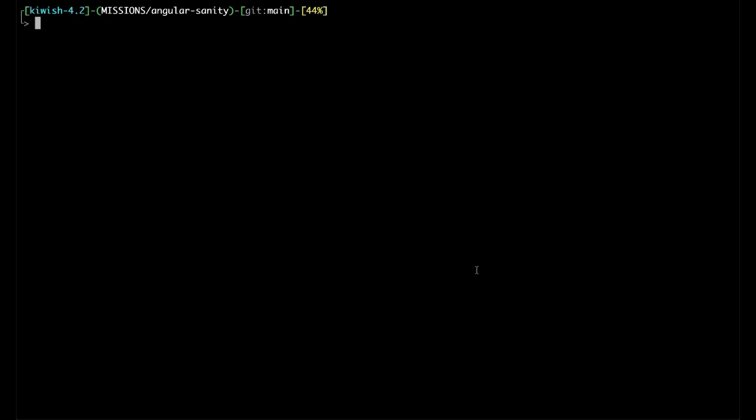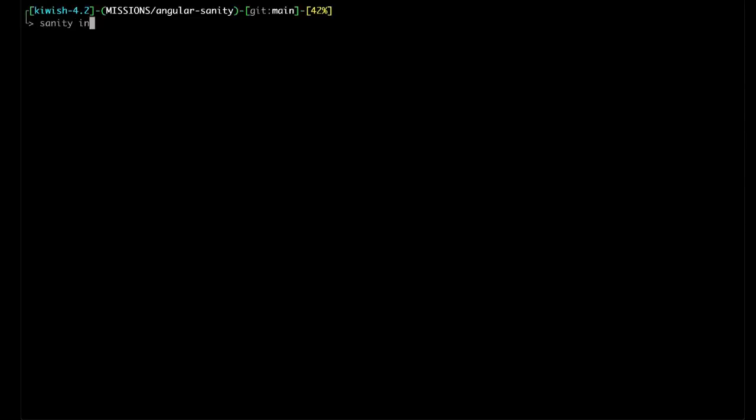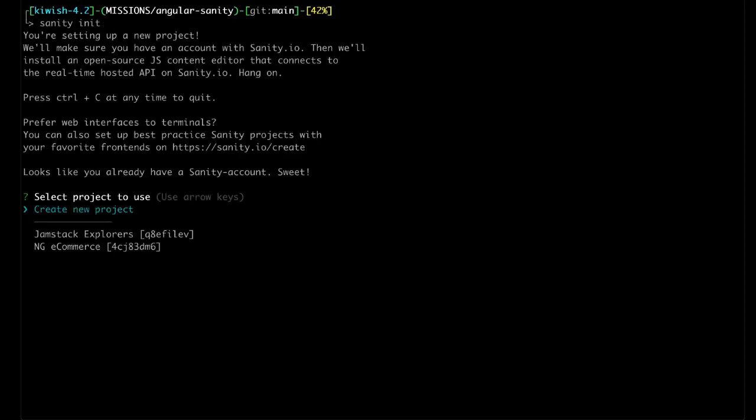The time has come to add Sanity.io to our project. The first thing we'll actually do is install Sanity CLI tools. We'll do this like we did with the Netlify CLI tools by adding i for install and -g to make it global. And then we can go ahead and run sanity init and run through these menu options to create